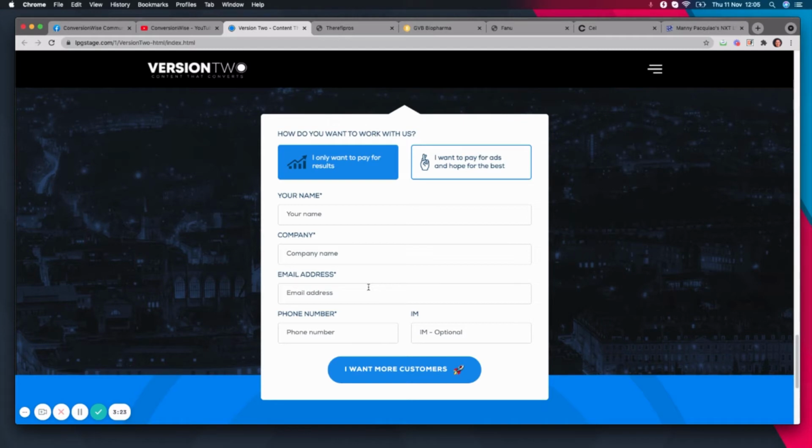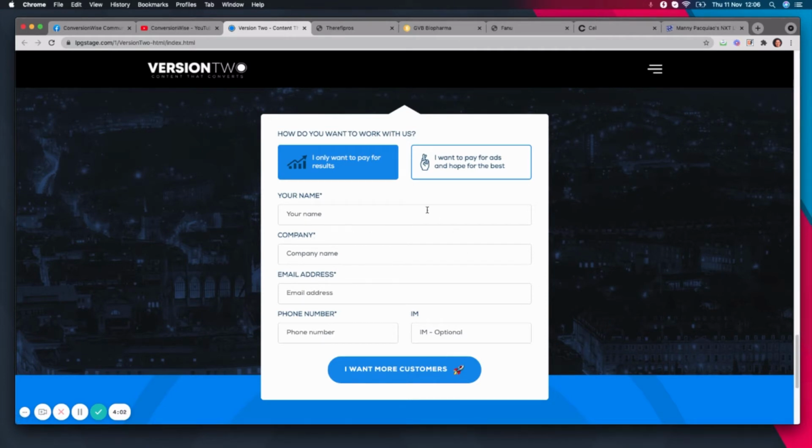Now typically for lead generation, the funnels tend to be quite short. The reason for that is because obviously you don't want to be antagonizing your consumer, but just think to yourself when you're setting up your lead generation page, what information do I actually need from my consumer to make this a valid lead? Obviously when you're selling leads, you want to make sure these leads are as qualified as possible, but at the same time you still don't want to be sending them down too long a funnel because ultimately they might get annoyed and just not complete it, so you've kind of wasted that ad spend. So the thing to think about is, what do you want to achieve on your lead generation page?